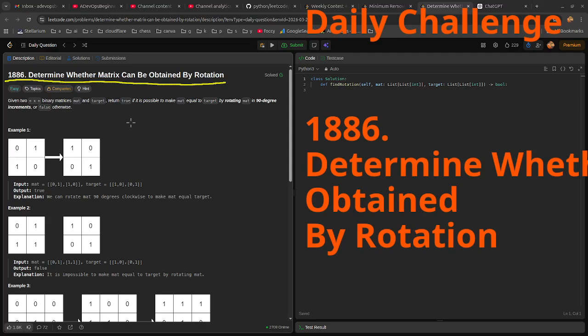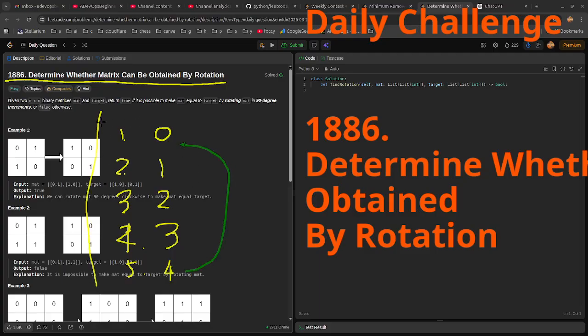So let's think about this question this way. How many options do we have to turn this original matrix? Obviously 4. The first one is we turn this matrix 0 times, or we keep it still, we don't touch it. We can turn it 1 time, we can turn it twice, we can turn it 3 times. Of course, we can turn it 4 times, but it will be the same as the first option, which means we have 4 possible